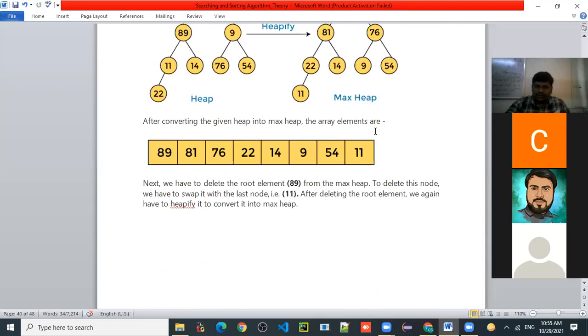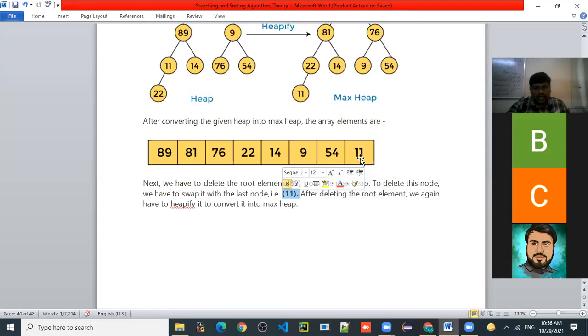हा delete केल्यानंतर कोणाशी swap होतो हा? Now when you delete the first element, the location of that first element will be occupied by the last element. To delete this node, we have to swap it with the last node. So कोणाशी swap करतोय आपण? 11, the last node. What is the value of the last node here? 11.